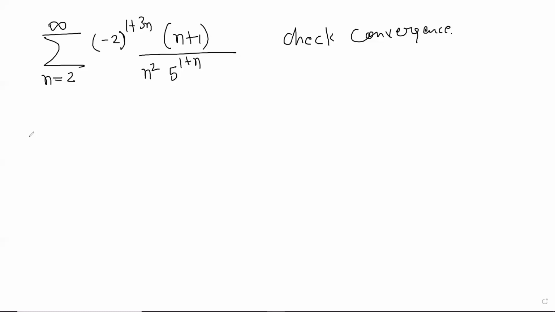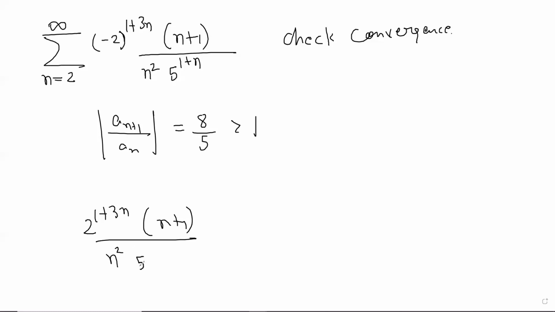Sir, I'm getting minus 8 by 5. Minus means 8, whose mod, if I take it, will come 8 by 5. Okay, so you are getting a_{n+1} by a_n to be 8 by 5. Yeah. So what can you say then? 8 by 5, so it's greater than 1, so diverges. We have shown then that this series diverges with the mod.